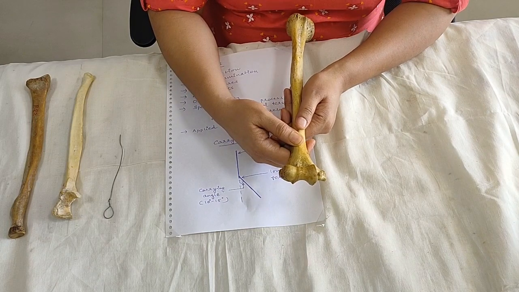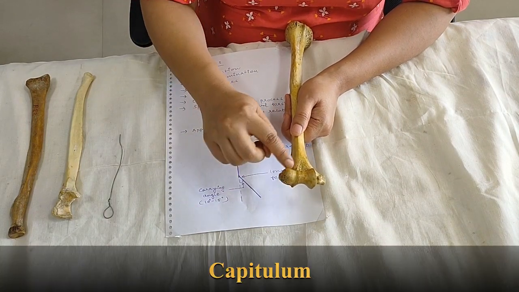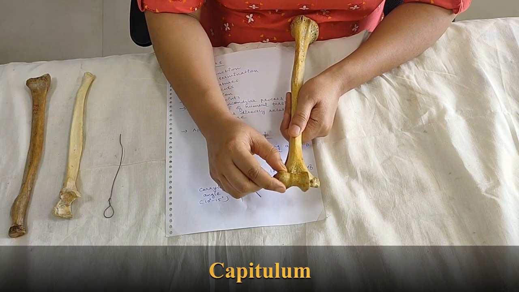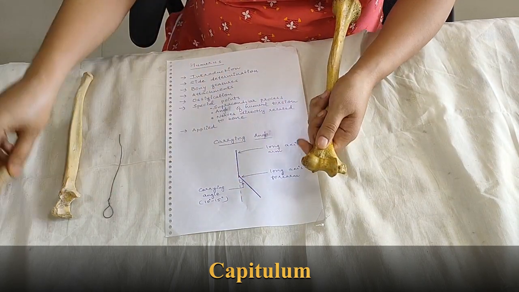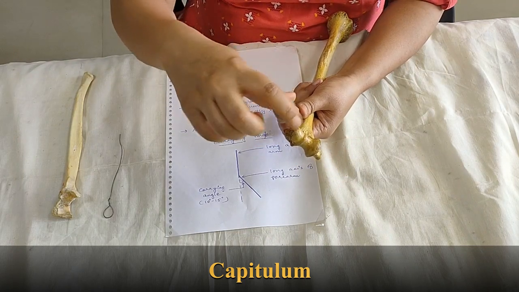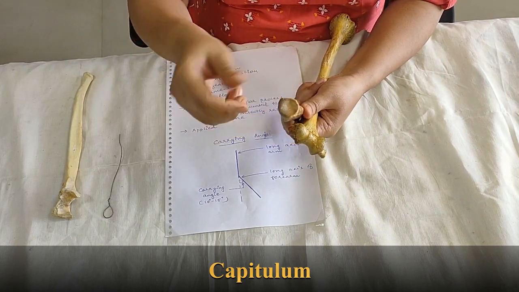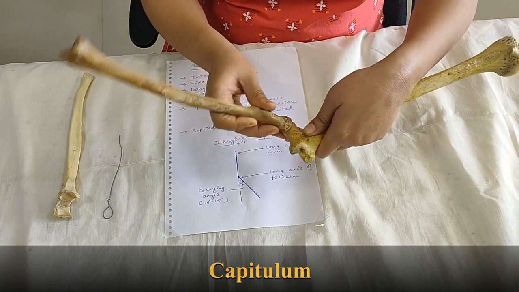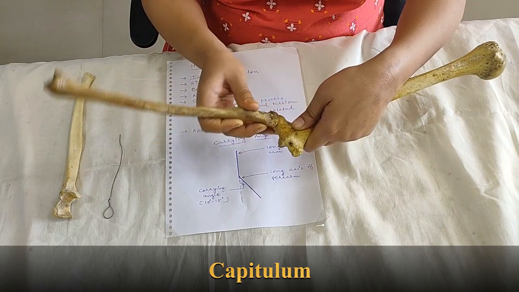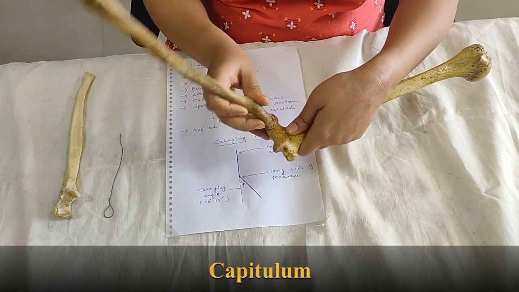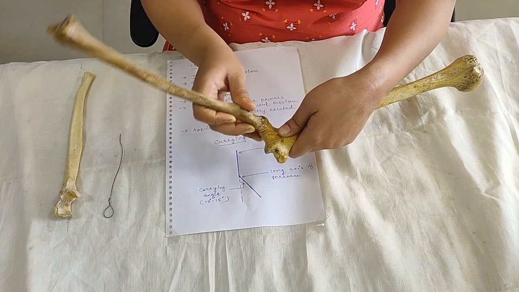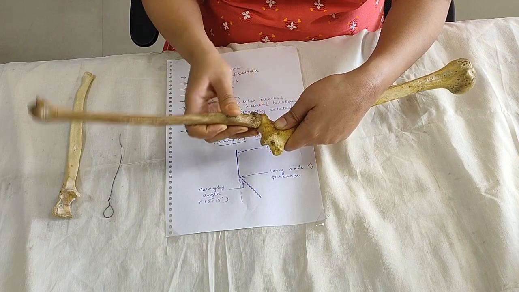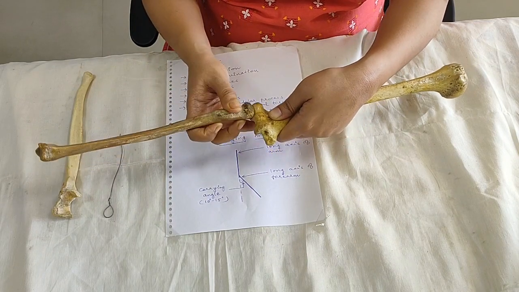Starting with articular portions, capitulum, which is spheroidal elevated portion which articulates with the head of the radius, disc-like head of the radius like this. It is articulated like this and forming a part of elbow joint, that is radiohumeral joint. So inferior and anterior aspect of this capitulum articulates with the radial head.